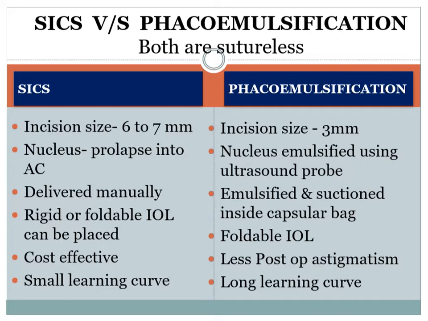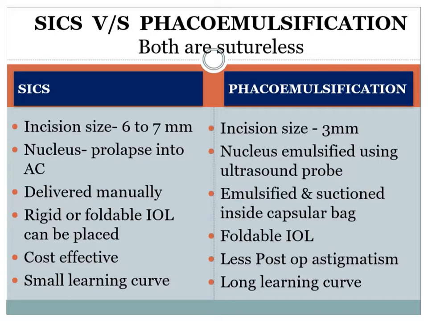So once you keep your IOL within the bag, you have to remember to remove the entire viscoelastic substance which you have injected while operating the surgery. You inject a viscoelastic substance in order to maintain the anterior chamber and to coat the corneal endothelium so that your instruments do not touch and damage the corneal endothelium. So these are the two important functions.